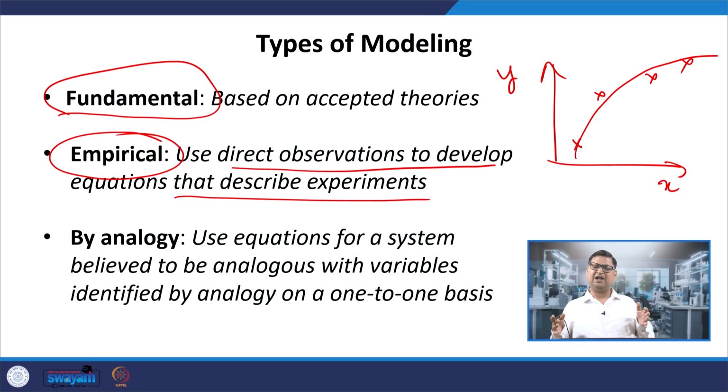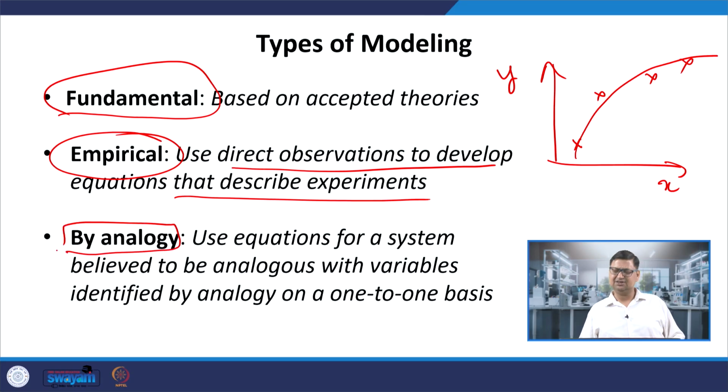It cannot be applied for some other system that is not same as this experiment, because whatever experiment that I am doing, I am fitting the model only to that experiment, right. On the other hand, the theories are quite general. Every object on the earth will follow F equal to mg in the same way, but that is not true in the empirical models. The third kind of models, which I will use relatively lesser in this course, is the